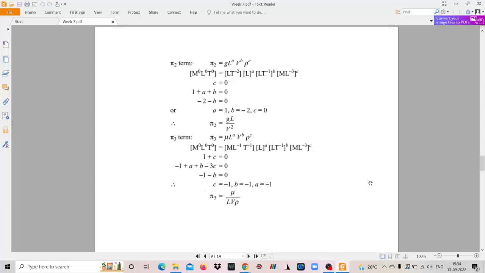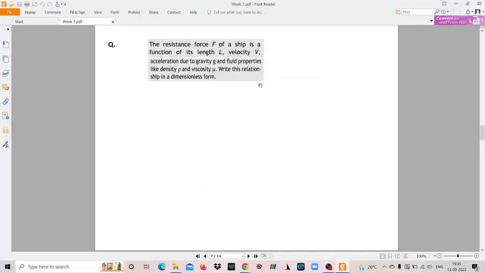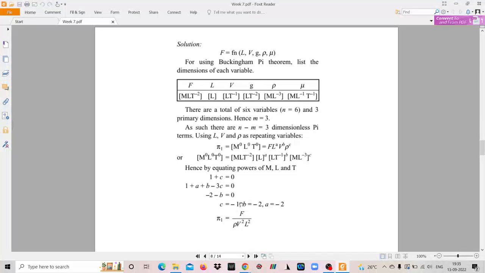Okay, so the second pi term is G L^A V^B rho^C. If you obtain the values of A, B and C, it will be GL by V square, and pi 3 similarly will be mu by L V rho. So see, this is the advantage of Buckingham's pi theorem. You can see that the number of variables here is much higher than in the previous problem, but still every time